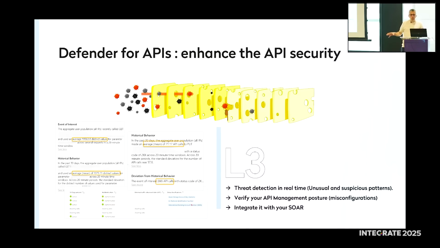We are going to more business use cases in some minutes. And here there are a couple of examples. So if you call an API, for example, from one IP address, generally, but with a parameter that historically had 700 values, and then out of the blue you call it with 10,000, you get this kind of